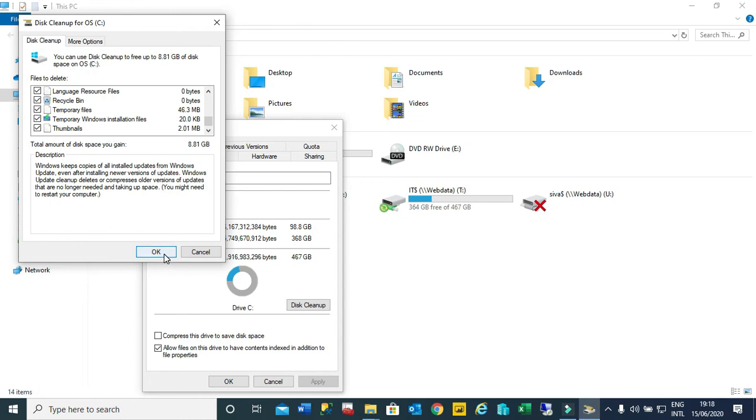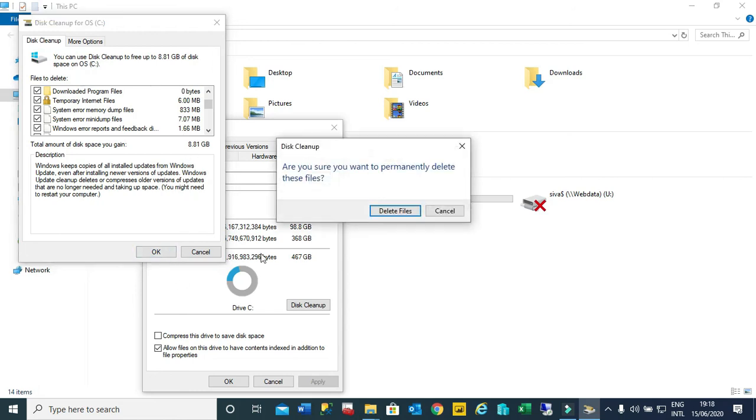So this process we will do now. Once in a year we can do it, or whenever you feel the system is going slow, you can go and check all these temporary files, which is a two-step process. One is we have done the application and temporary files. The second is we have done the system related files, which is 8 GB of data getting cleaned up, and in the application it was 21 GB. So totally 30 GB getting cleared up from our C drive.